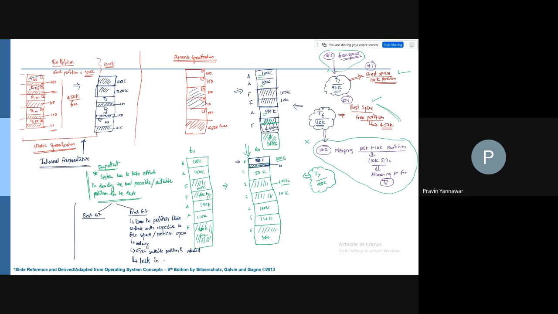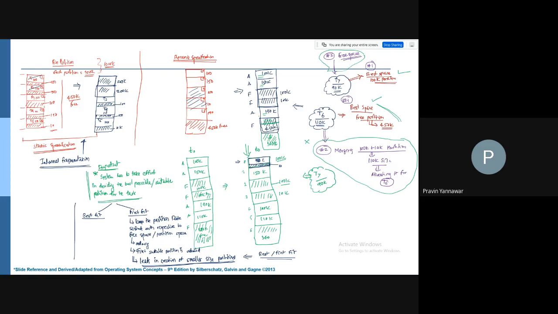This leads to the creation of smaller size partitions. This particular problem exists with both best fit and first fit.